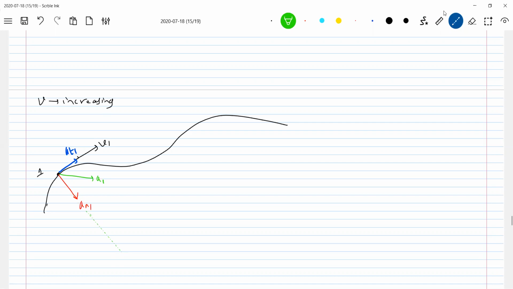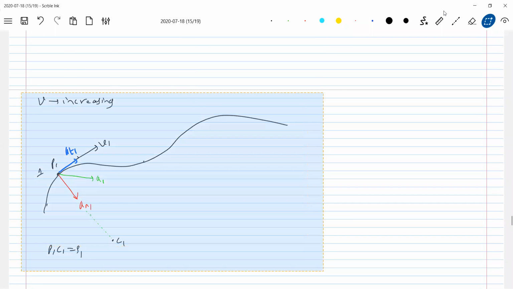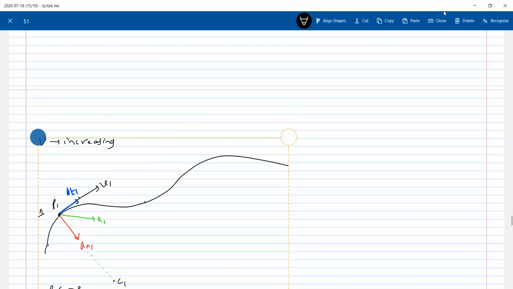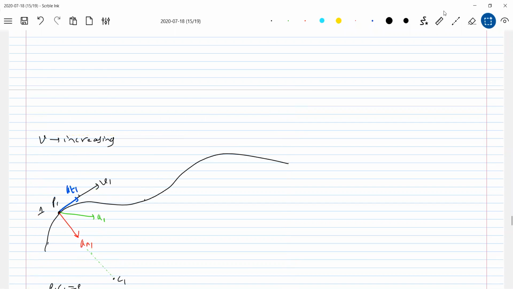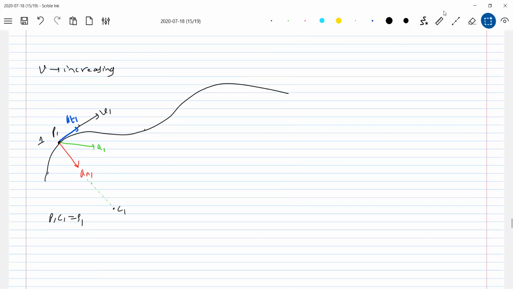The center of curvature will come somewhere here. This is point P1. So P1C1 will be rho 1, the radius of curvature. And when the particle arrives at P2 here,